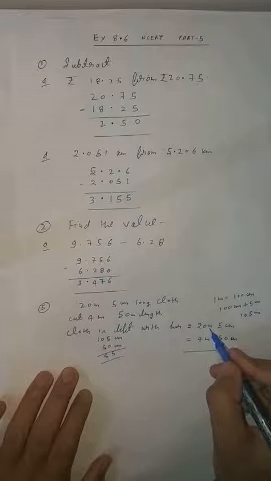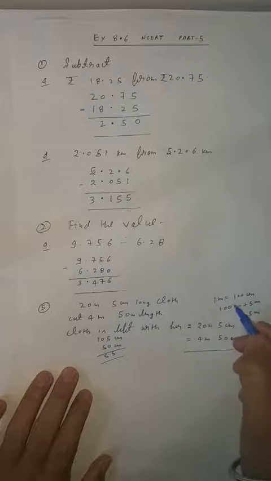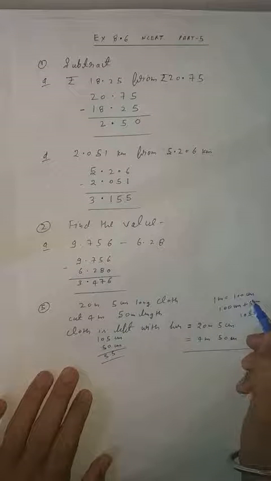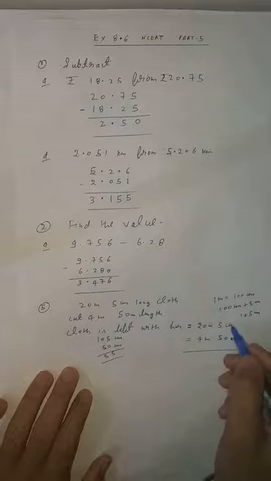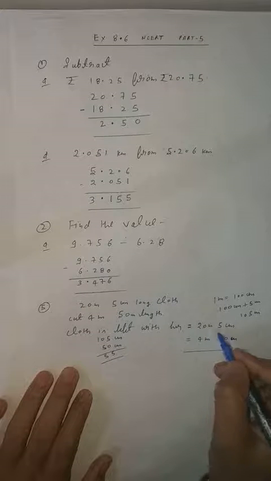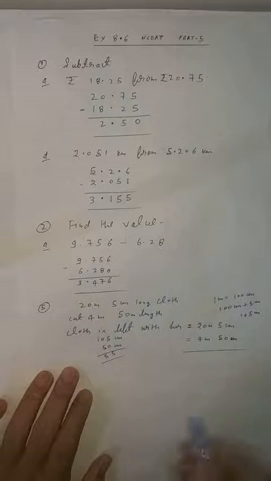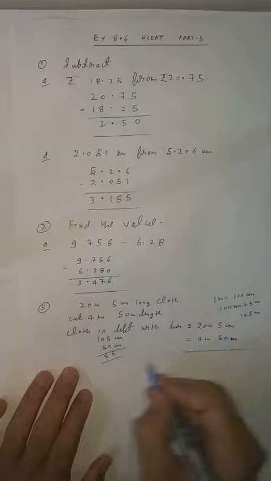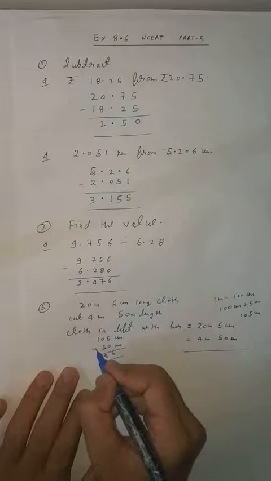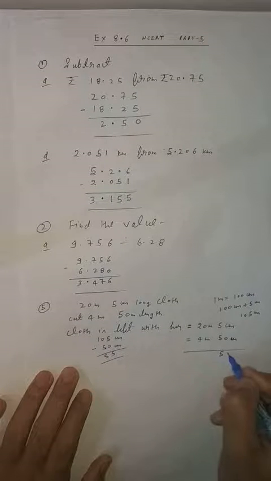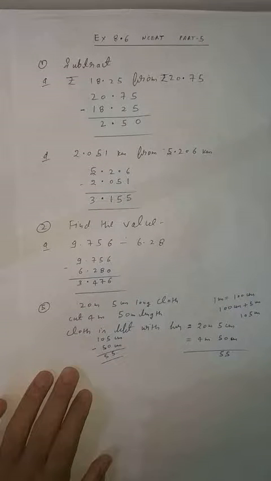If you take one carry, you take 1 meter carry. 1 meter equals what? 1 meter equals 100 centimeter. Clear? So 100 centimeter you are taking carry, and 5 centimeter is given. So 100 plus 5, 105 it will become. So now it will become 105 and 50. Here I explain. It will become what? It will become 55. Clear student?